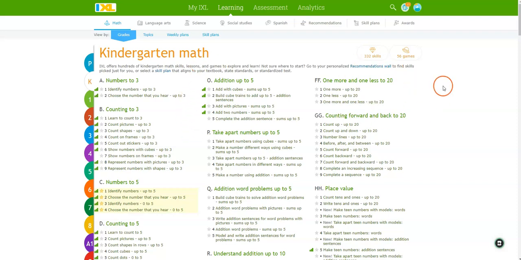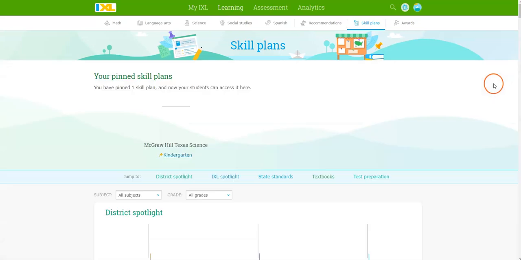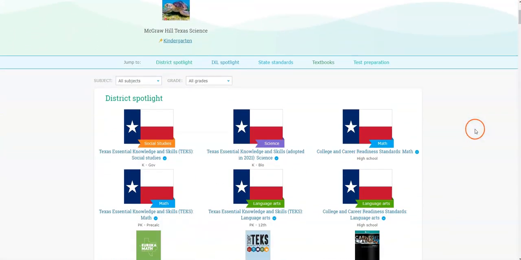Another way to assign skills to your students is go back to the Learning tab up at the top, and you have what are referred to as skill plans. So I'm going to click Skill Plans. And this will populate several plans highlighted by either the district, you have a district spotlight here, IXL, state standards,